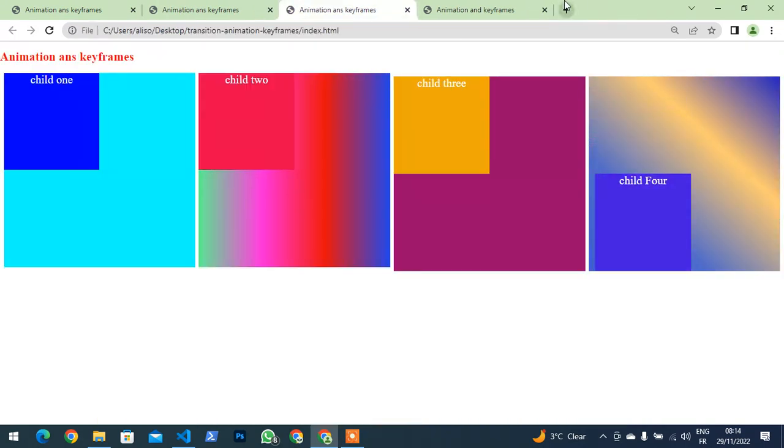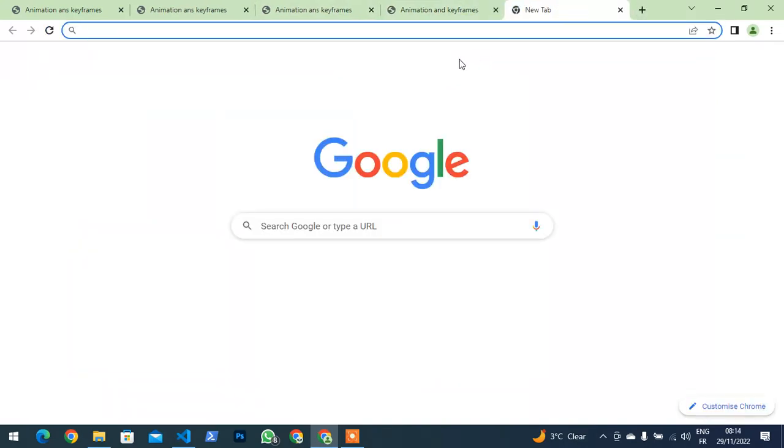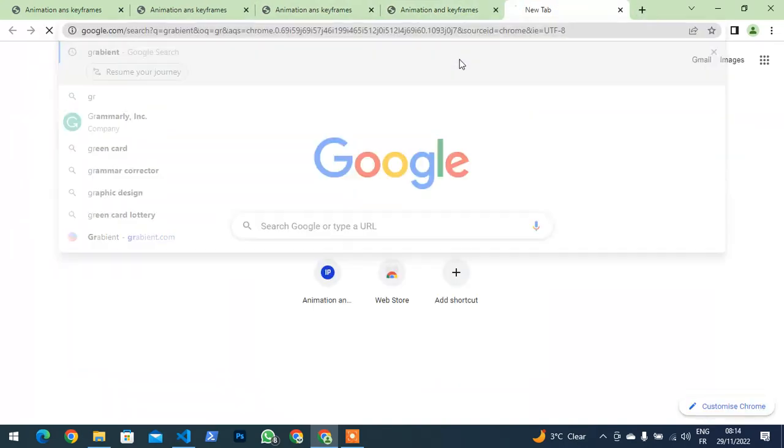Okay, so this is where we are. You can see here it is already changed, but our goal is to change the one which is behind, the pinky one. If you want to change that one also to be different, we can just go to Gradient again. I click on the word Gradient,